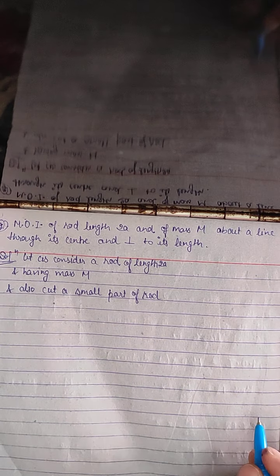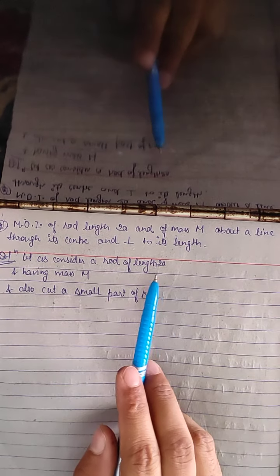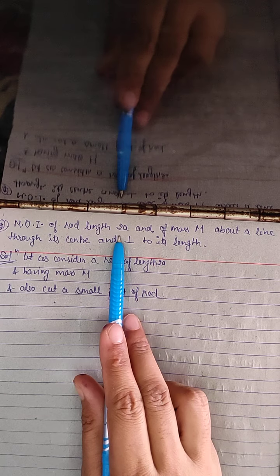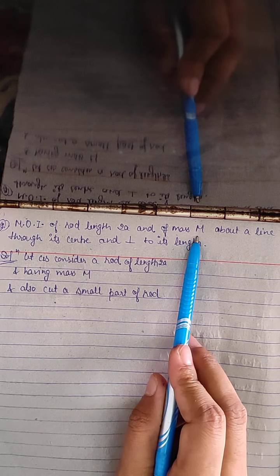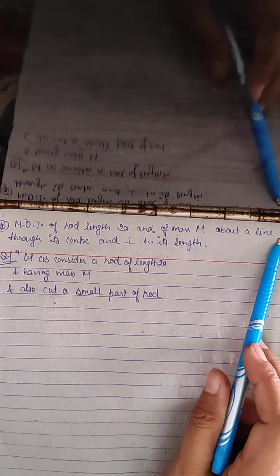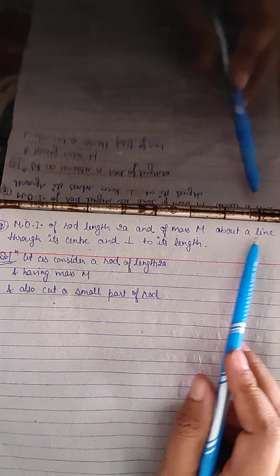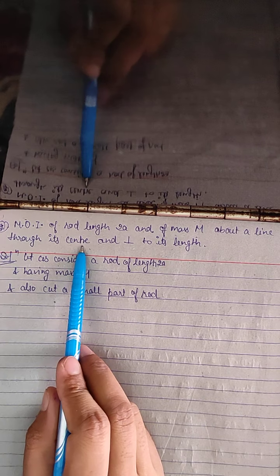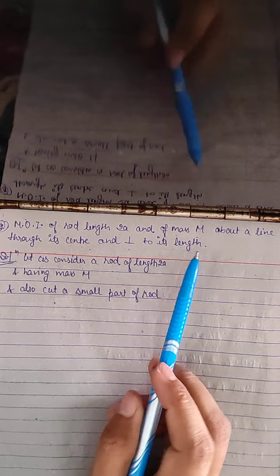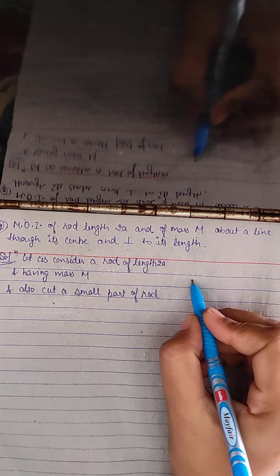Hello friends, today I am going to calculate the moment of inertia of a rod having length 2a and mass m, and we have to calculate the moment of inertia about a line which passes through the center and is perpendicular to the length. Firstly, let us consider a rod